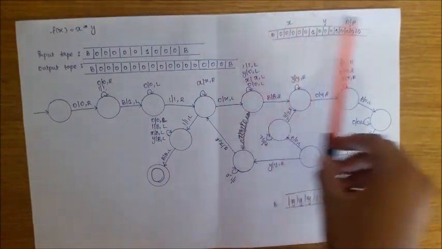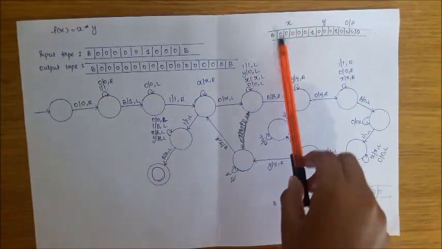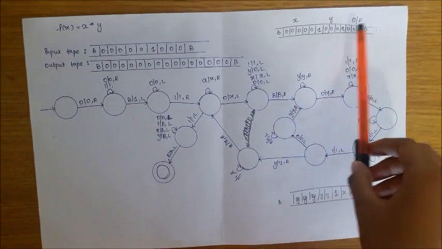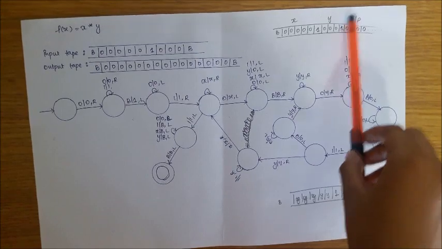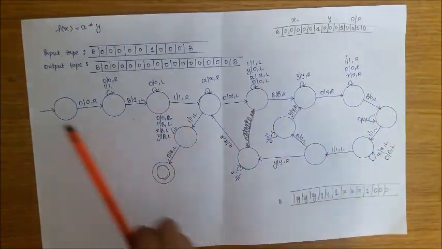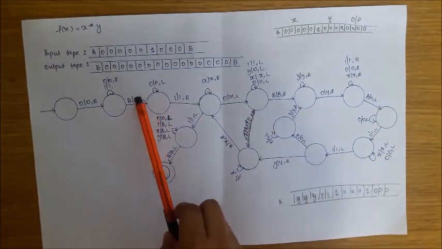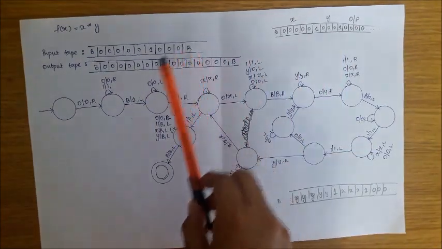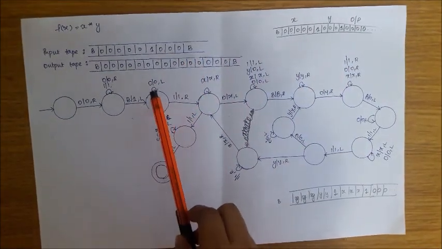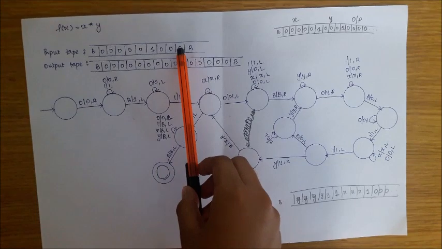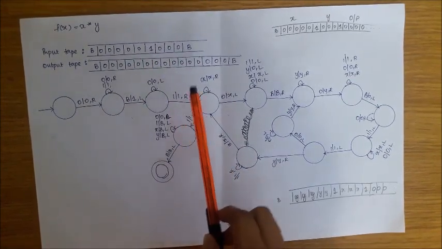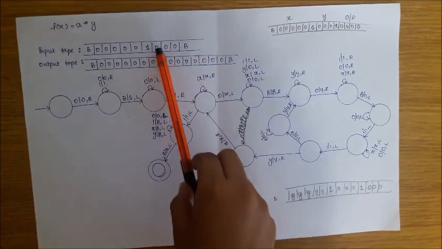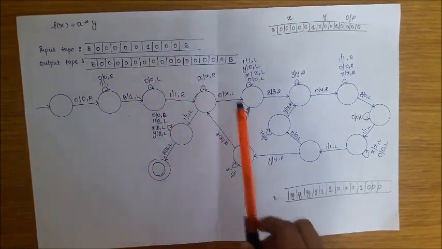The output will look like this: the value of x, the value of y, and the output tape. Hence, the last blank is converted to 1 so that the output can be added after this 1. So till this is what happens. The blank is converted to 1. After that, the pointer moves left. It ignores all the zeros until it finds a 1. Once a 1 is encountered, it moves right and replaces the first 0 with x.